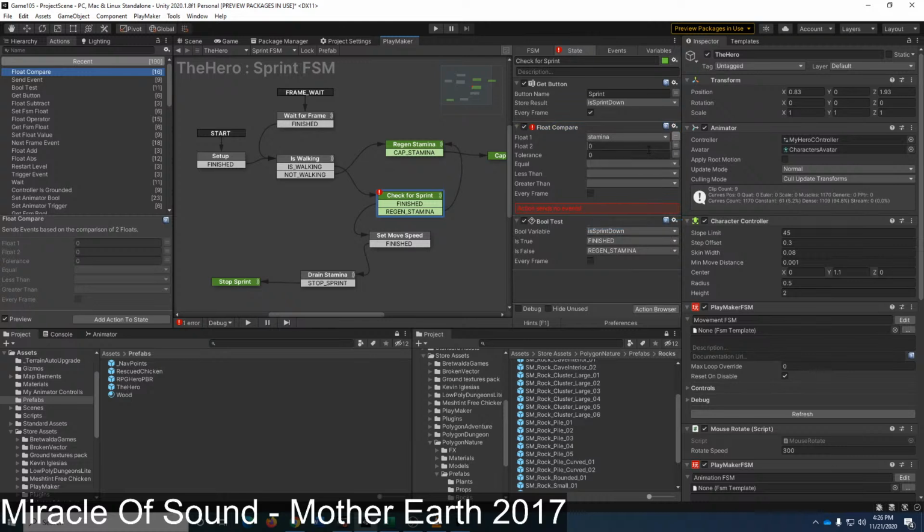So I will compare my stamina to 0. And oops, I do need a tolerance. And if it is equal to or less than, I need to regen stamina, and do nothing if it's greater than, because I don't care. All I care about is if it's less than or equal to 0, I need to regenerate stamina. And then I can do this Boolean test.